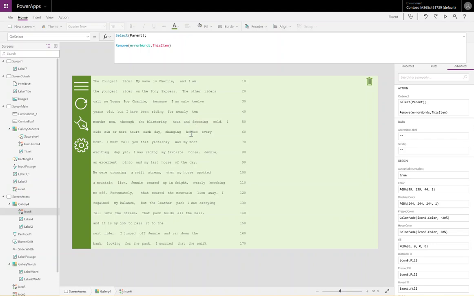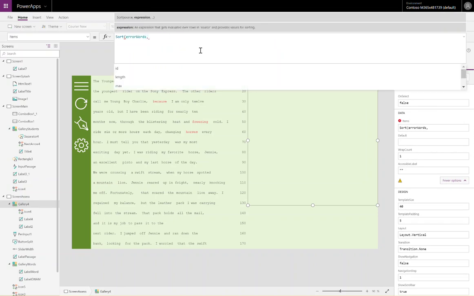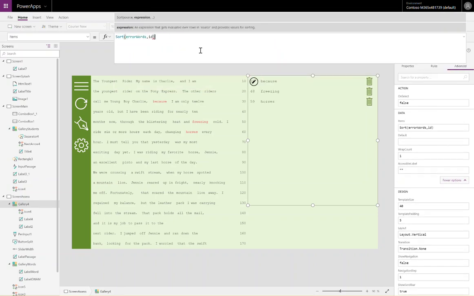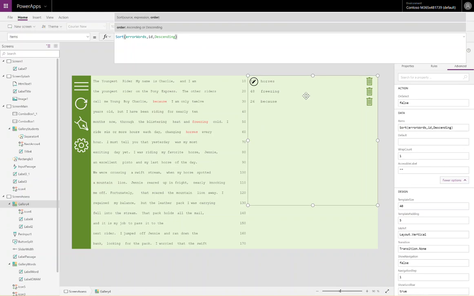Okay, let's add a few more things back. If I notice, some of these words are now out of order. Around error words, I can use the sort function. If I sort the errors by their ID number, they're now in order. Maybe I want it in reverse order so that the latest error is at the top. I can sort it descending so that the biggest number is at the top, which makes sense for our purposes